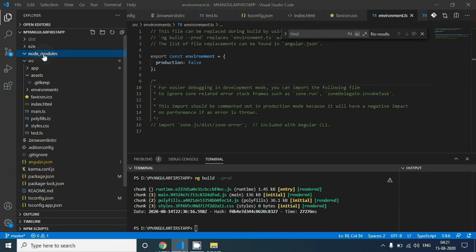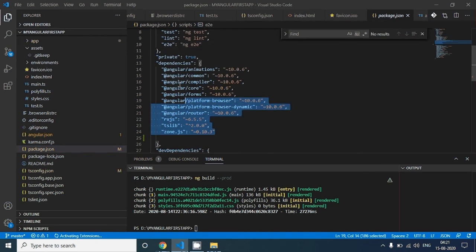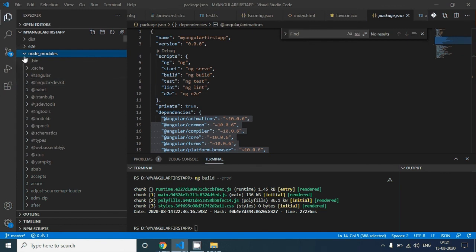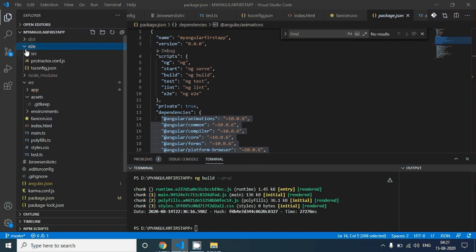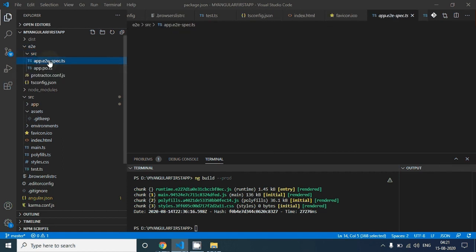Finally, we have node_modules. So whatever packages you install, whatever dependencies are in the package.json file, all of them will be installed here. Then we have a folder for end-to-end testing. So whatever configuration you want to put for end-to-end testing, you can put here.